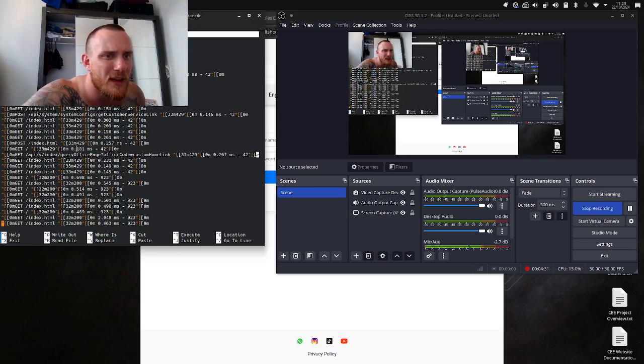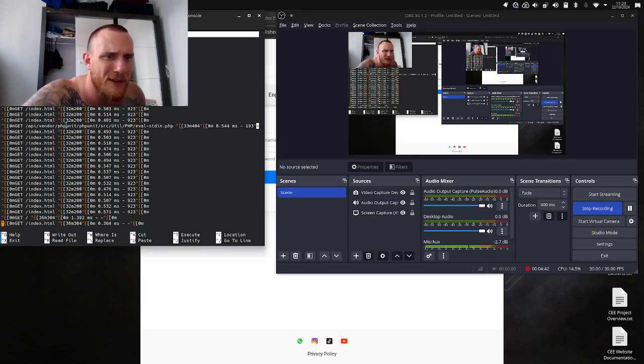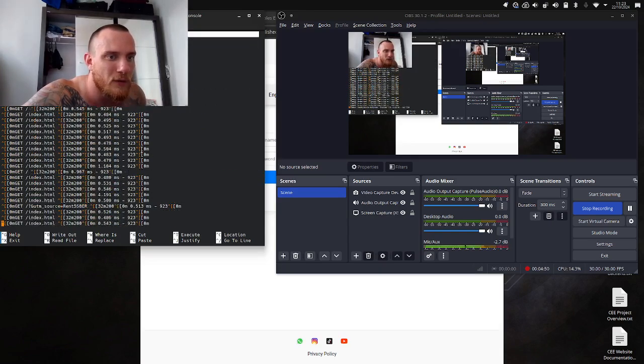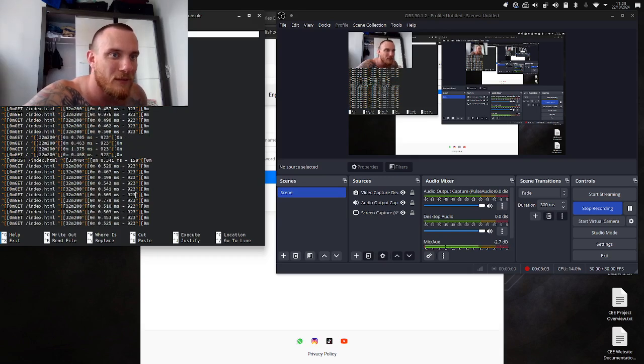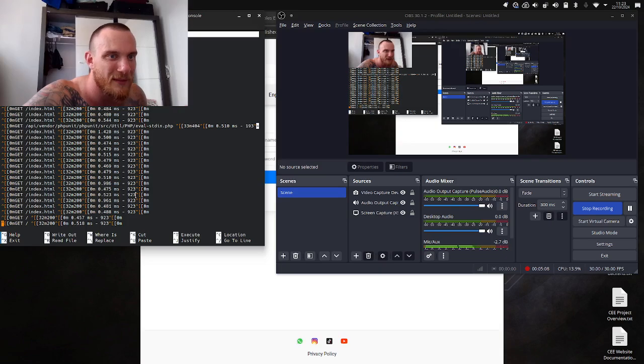A lot of calls to the index. A lot of just weird calls to the API where they're just shooting in the dark, trying stuff. API vendor, this string. A lot of calls to the index, and it goes on like this for a long time. I haven't even looked through this, but I'm very excited to see people actively trying to break into my website. This many index calls looks like a DDoS, but I think it's just a bunch of bots running around the internet.